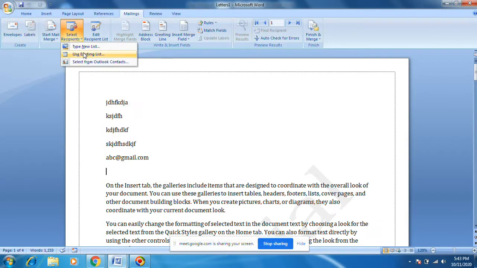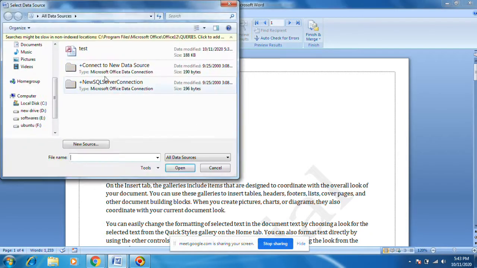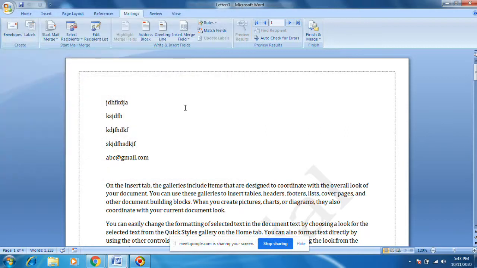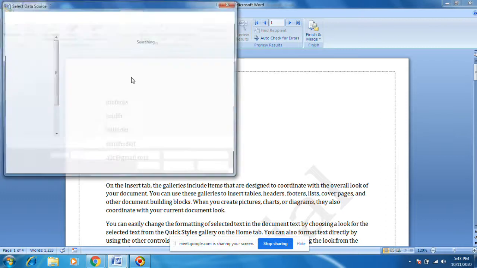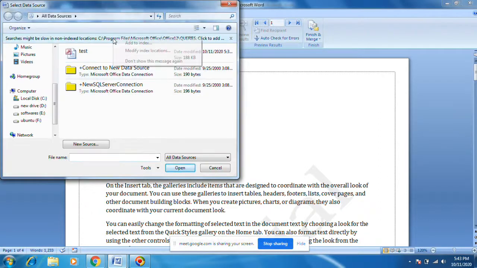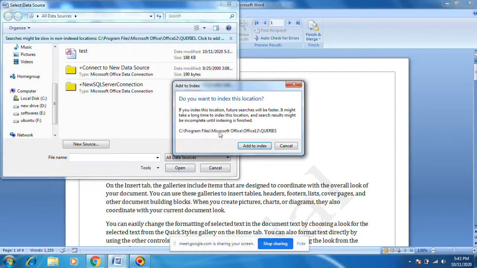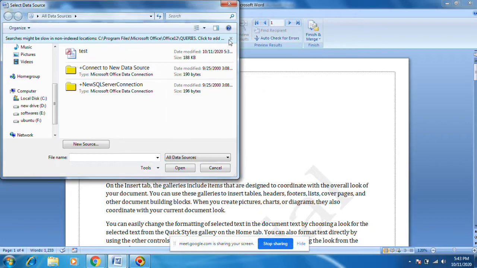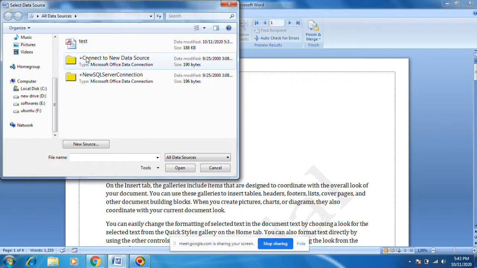I already use existing list. Why didn't it open? It should open.